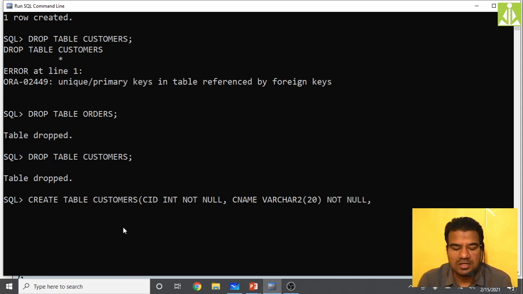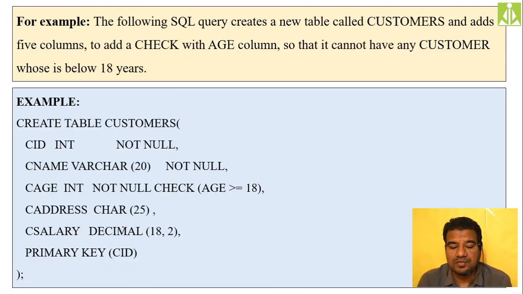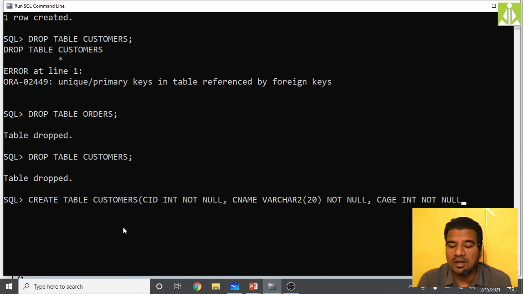Then cage int not null, and age must be checked. We have to impose a check constraint. Check of cage must be greater than 18 years.